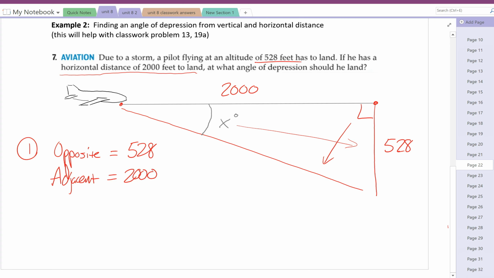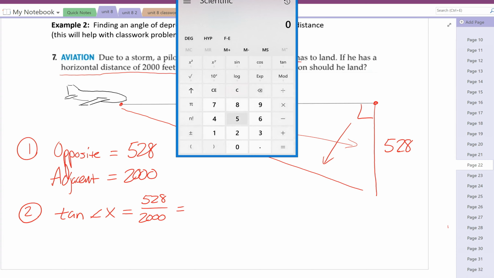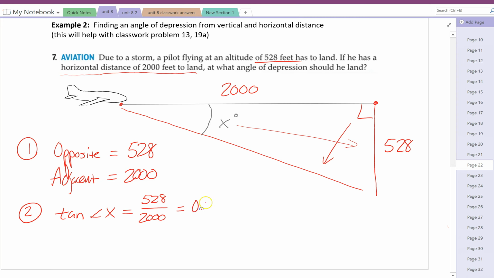Okay. So I'd go up to the table and I'd say, well, what do I do if I have an opposite and adjacent? I'd use the tangent. So the tangent of angle x equals opposite over adjacent. And before I can move on, I got to figure out what that is as a decimal. So 528, you always do the numerator divided by the denominator, and it's 0.264. All right, final step then, second function on your calculator, tangent 0.264,